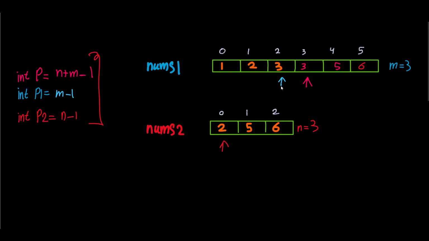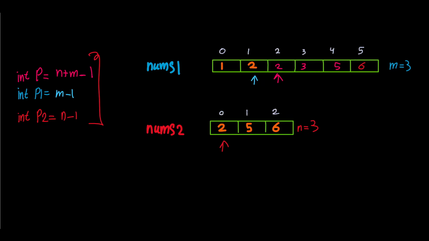And now we need to decrement the blue and the pink. So the blue will go from index 2 to index 1, and now the pink will go from index 3 to index 2. Okay, again, compare the blue with the red. Which is greater, 2 or 2? It doesn't matter. I will pick this lower one, so we can delete this 3, replace it with a 2,